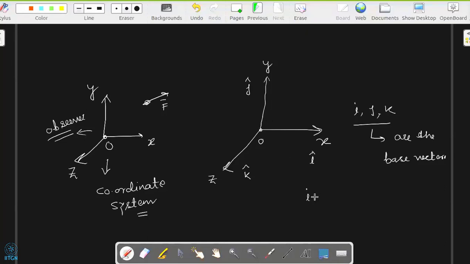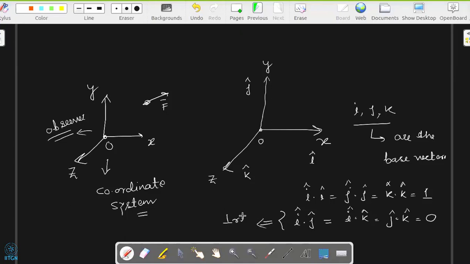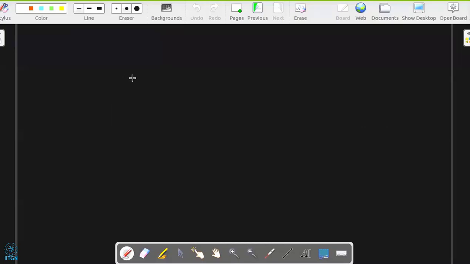So if this is so, then i dot i, j dot j, k dot k is equal to 1. And if you do the dot product of two different base vectors, i dot k, j dot k, then it must be 0, and this satisfies the perpendicular condition. We know all these things, we are familiar with this. And after this, if there is some vector